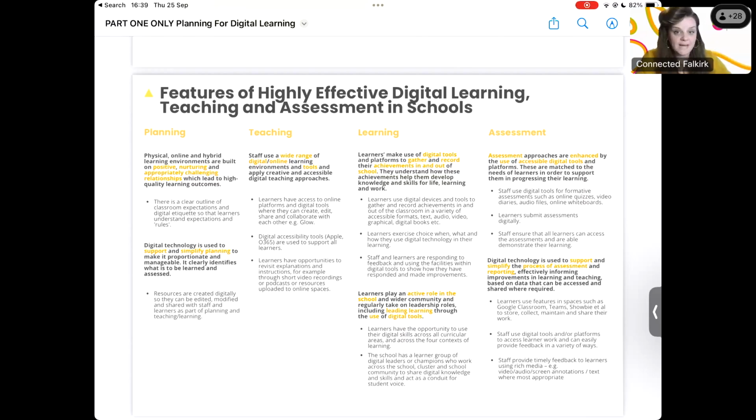And it also doesn't mention iPads or Chromebooks or what particular device, but what it does do is very much focus on the pedagogy, the learning, the teaching, and the assessment. And I think that is really, really useful. And that takes us quite nicely into our next section, which does focus a little bit on the pedagogy